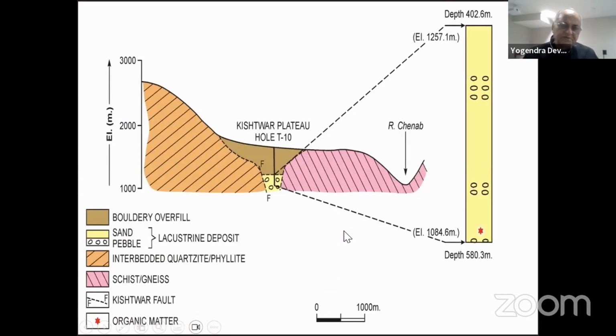And these are some specially prepared geological sections for a particular project where the tunnel was passing through a deep buried valley. This hole is 580 meters deep, a really deep hole, and you are getting this lacustrine deposit below where the tunnel was passing through. At the bottom you can see 580, and this was covering more than 100 meter thick lacustrine deposit.